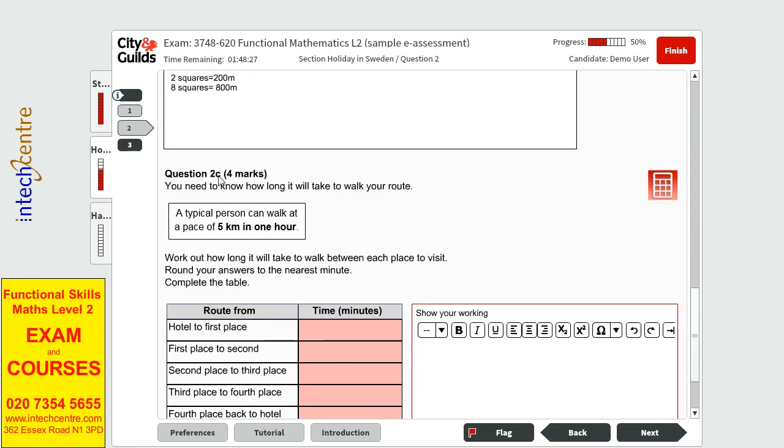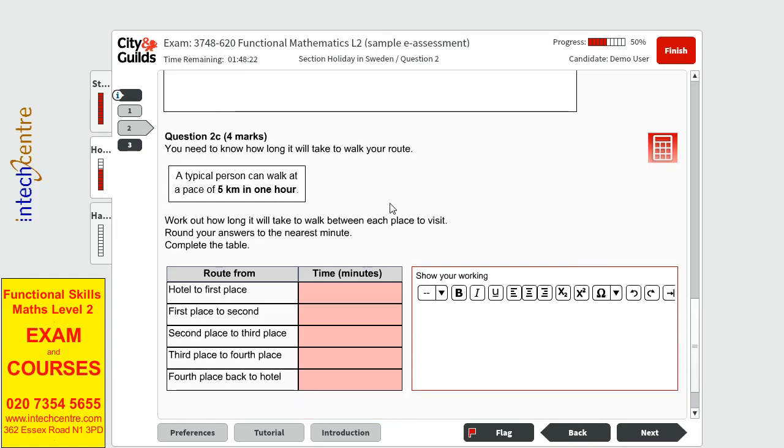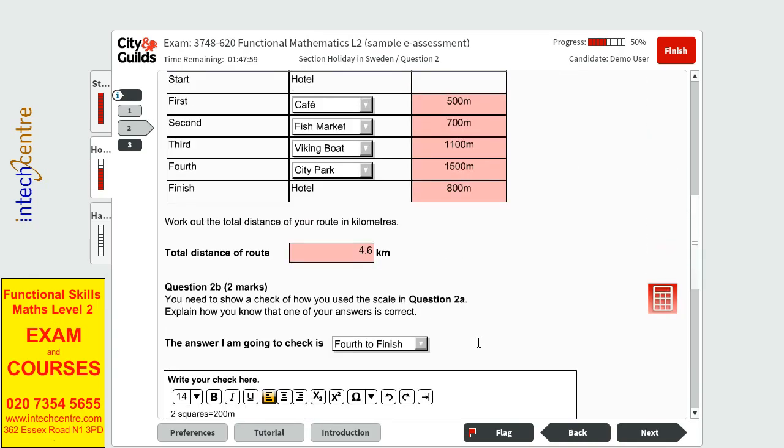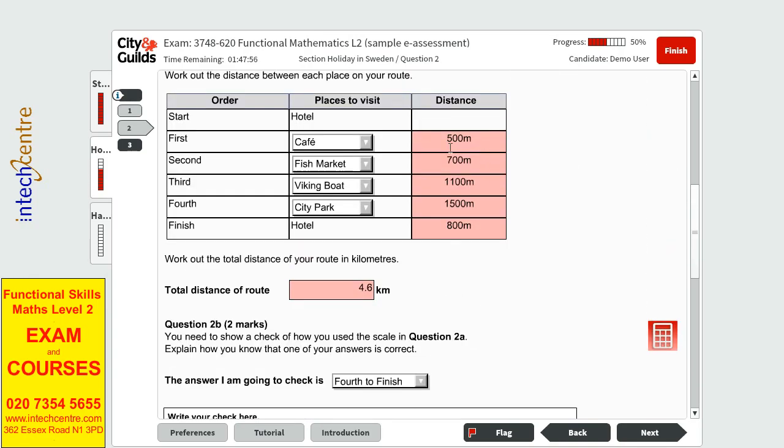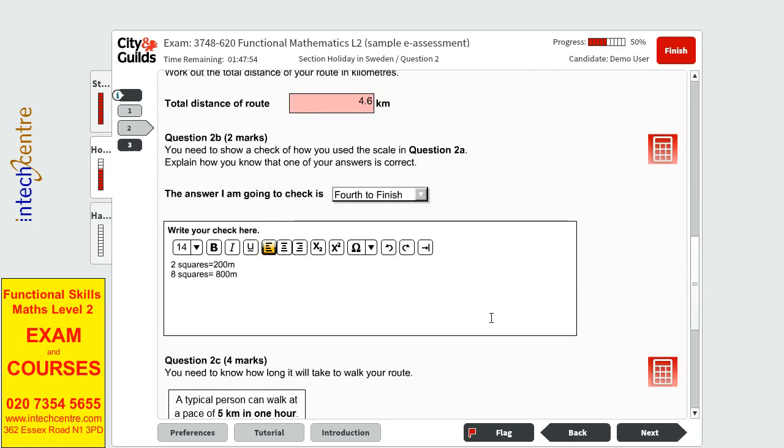Question 2C has 4 marks, and we need to know how long it'll take to walk the route. A typical person can walk at a pace of 5 kilometers per hour. So we know that in an hour we have 60 minutes, and we're just putting this down, that in 60 minutes they can walk 5 kilometers. Knowing the distance they will cover from the previous question, we can then find out how long it will take them to